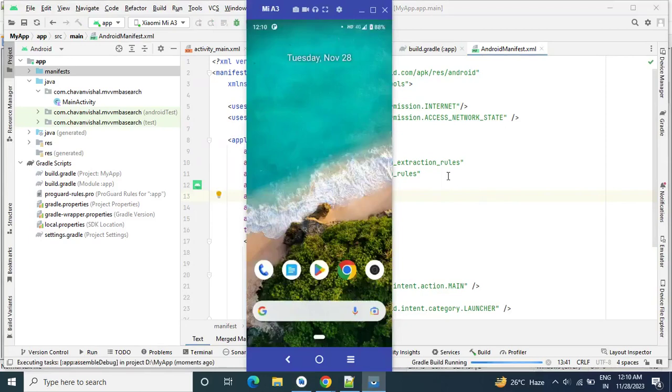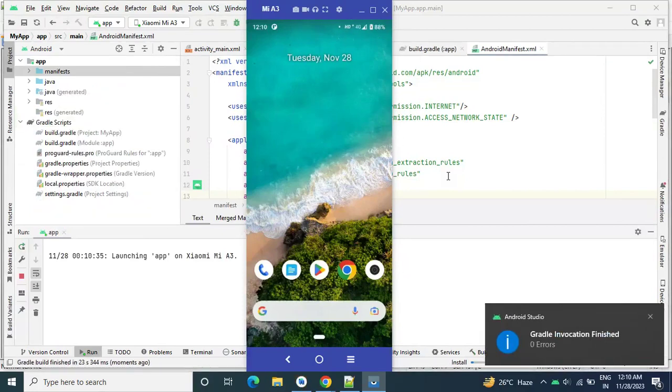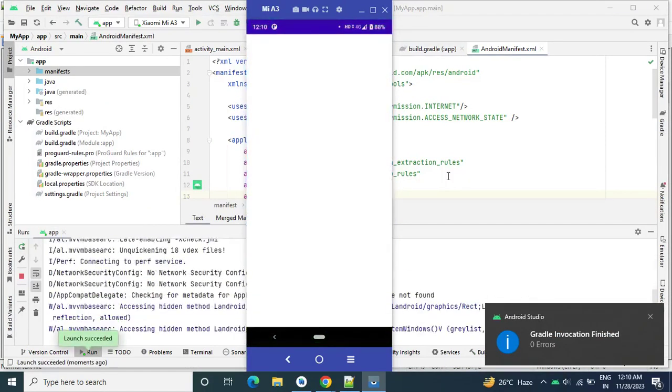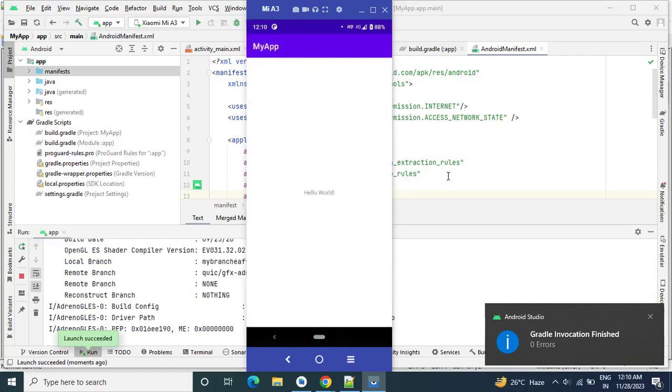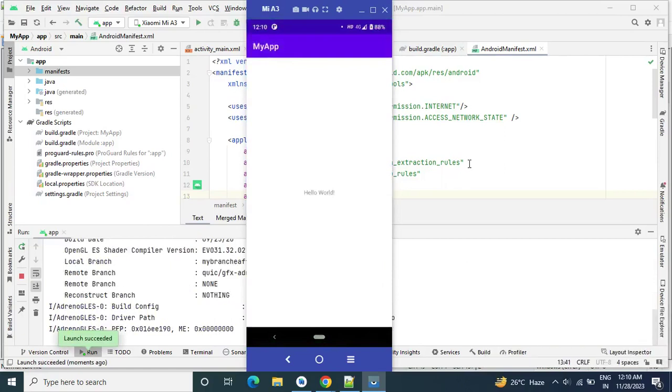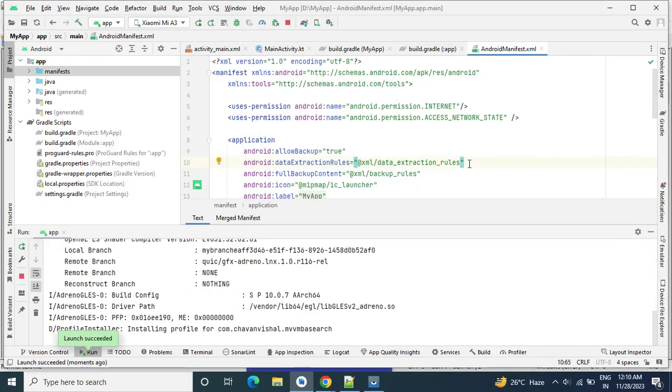This is my personal Android device. Yes. Okay, so let's move ahead.